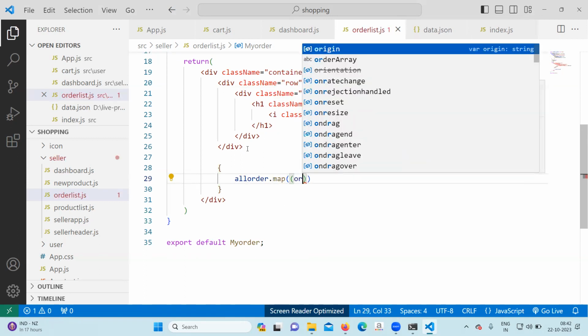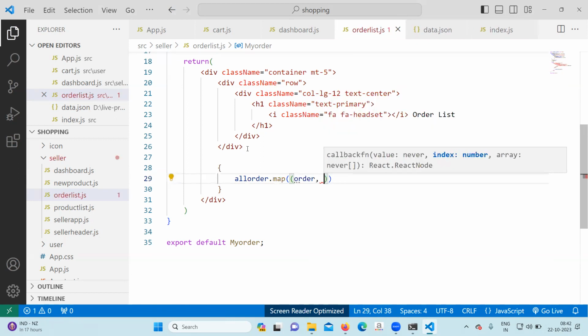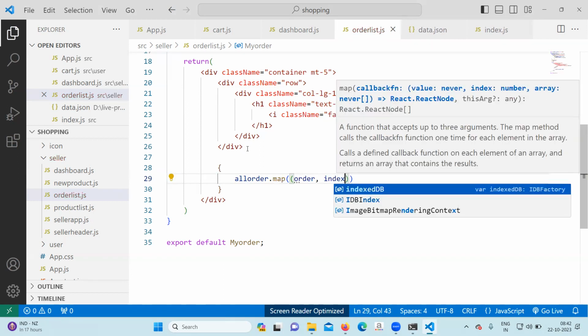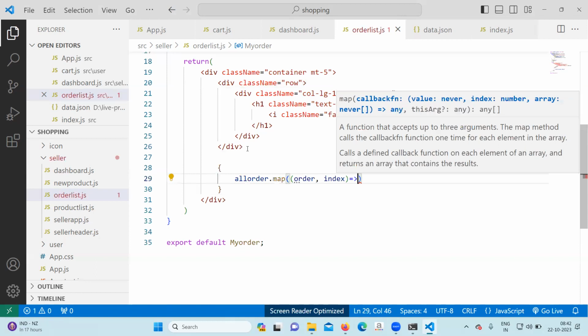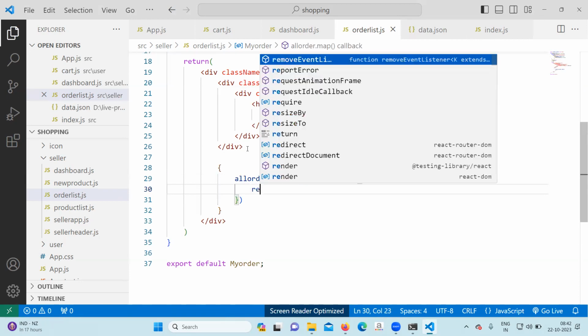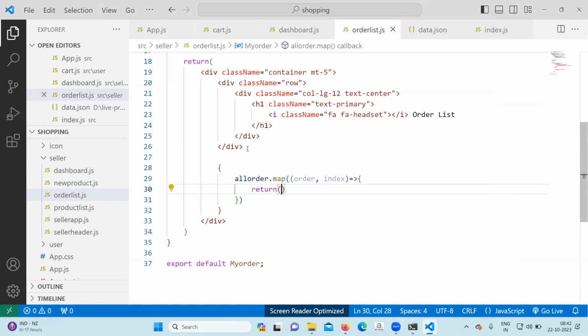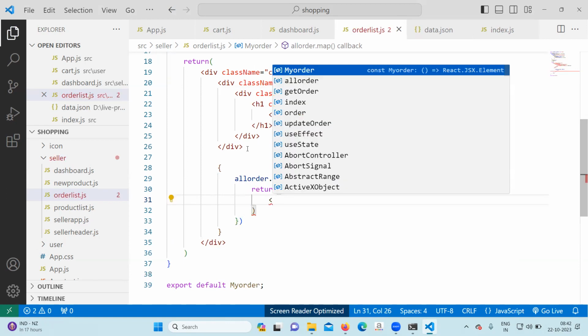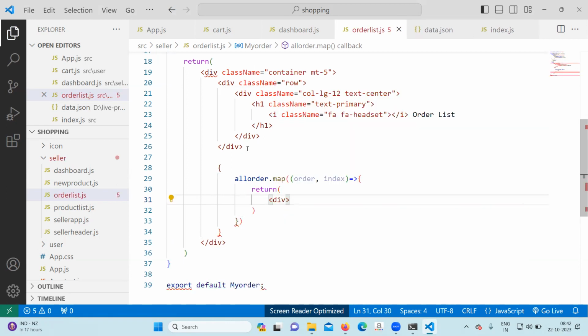So we'll write here order, index, return a div, className row, as well as